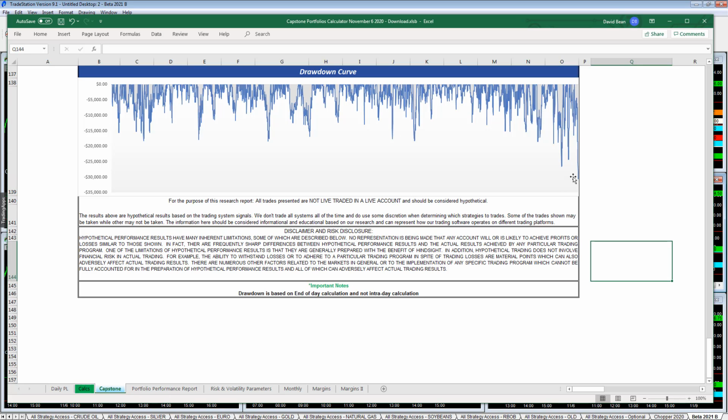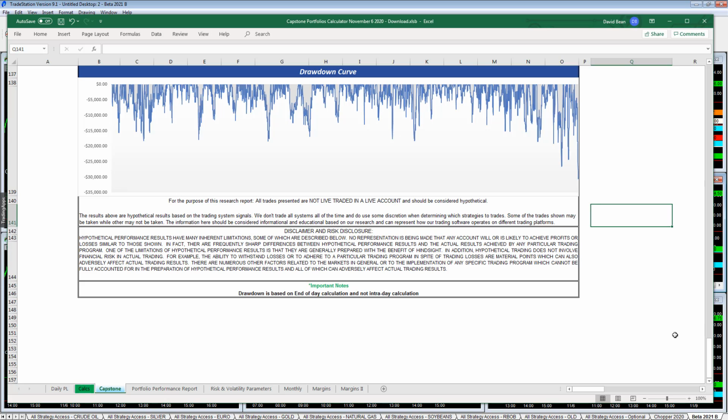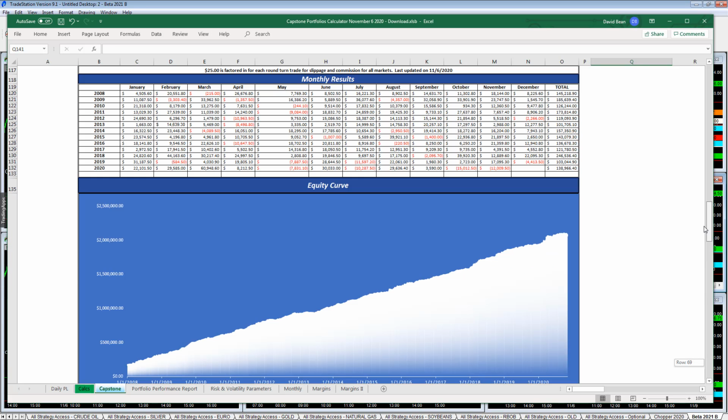But sharp drawdowns, I like them better than long drawdowns, and so I'm looking for a bounce back. We made a worst case drawdown in here in the pandemic, and I think that was in May. Yeah, in May, and then we bounced back, and now we have another worst case drawdown. So we'll see if we bounce back post election, and let's look at